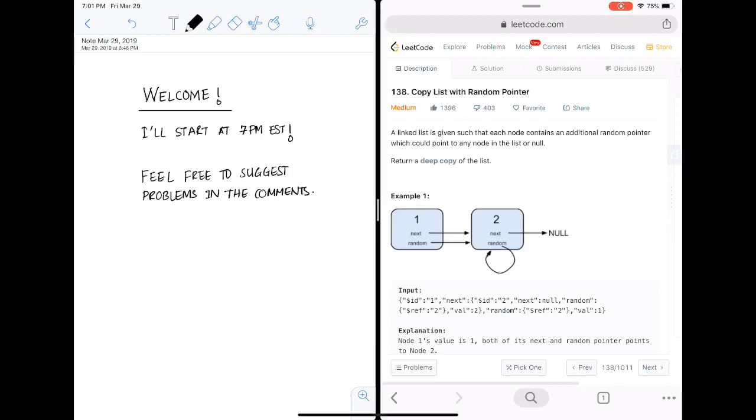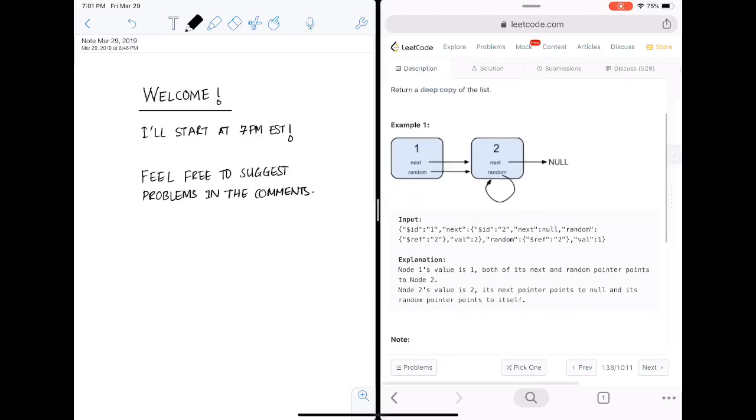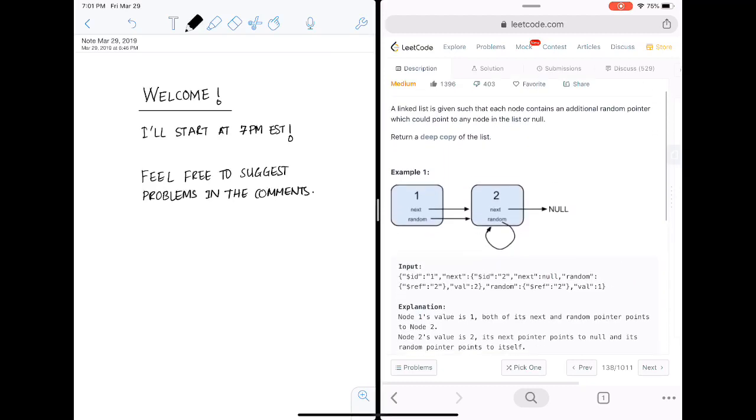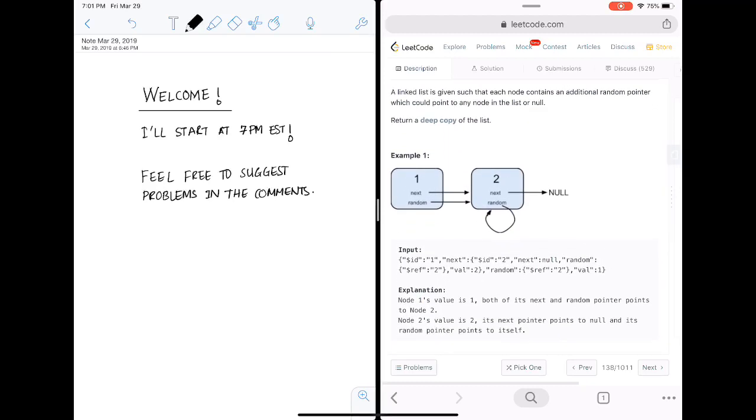Alright, so we want to copy a list with a random pointer. A linked list is given such that each node contains an additional random pointer, which could point to any node in the list or null. Return a deep copy of the list. Okay, so